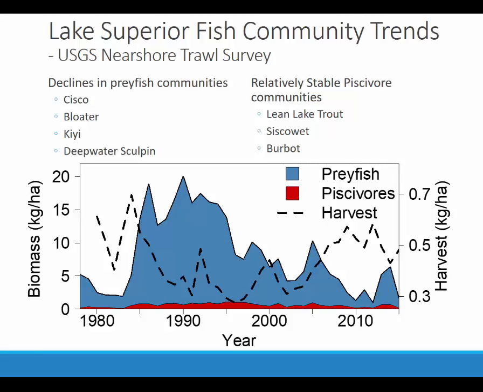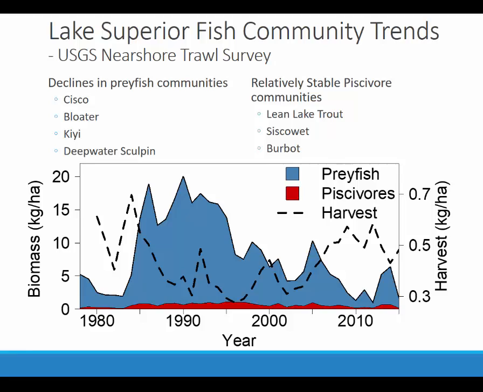we've seen some declines in the pelagic or the prey fish community population throughout Lake Superior, and here we have just the USGS nearshore bottom trawl survey. The giant blue area is our pelagic prey, or our prey fish, our ciscos, bloater, kiyi, whitefish. The red is our piscivores, and the black dashed line just represents our harvest, and that is lake-wide harvest of